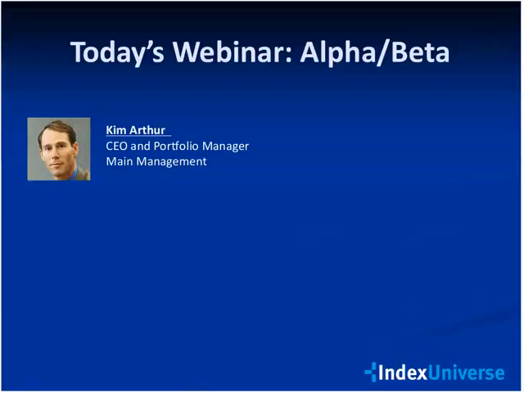The format today is very straightforward. Kim is going to kick things off with a 15 to 20-minute presentation covering how he approaches the emerging market space, including how he researches the space and decides to over and underweight various countries or segments within that market. In essence, he's covering the alpha part of this series.